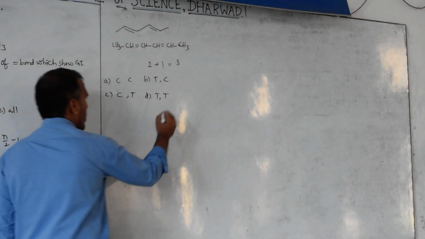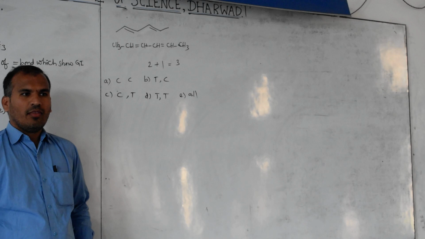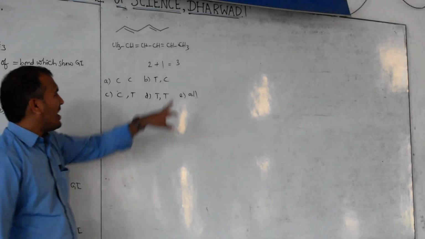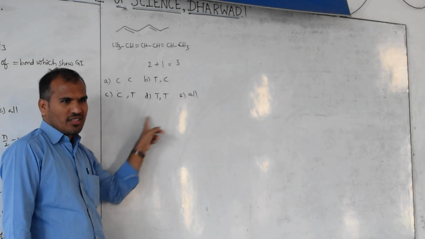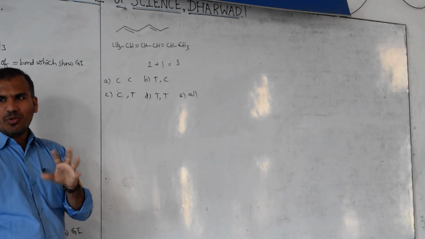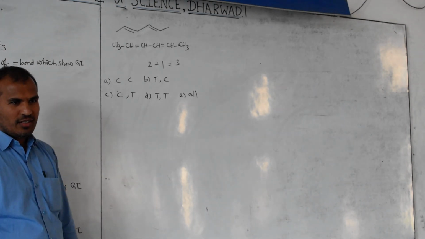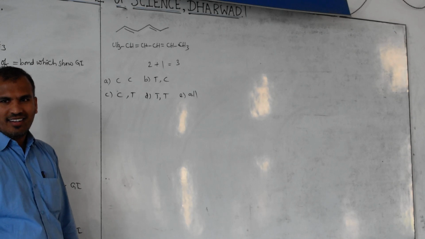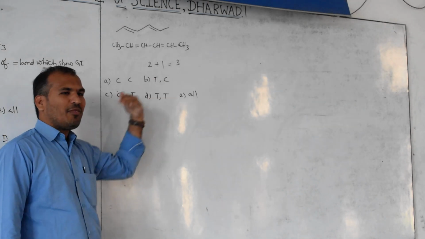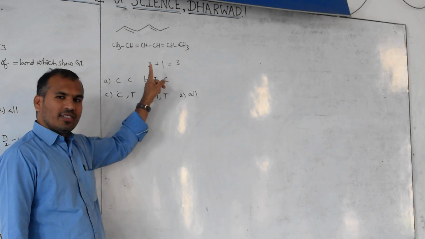I will give E option, all. If you are intelligent, you can easily identify this. Intelligence means what? Here how many options are there? 4, which means 1 is not. Got the answer? Simplified. Don't think very big. In the simplest form, find out which is not. Getting the answer? This is compulsory, this is compulsory. Maybe in these two, any one, maybe not. Both are maybe not. If this is right, this is wrong. If this is right, this is wrong.